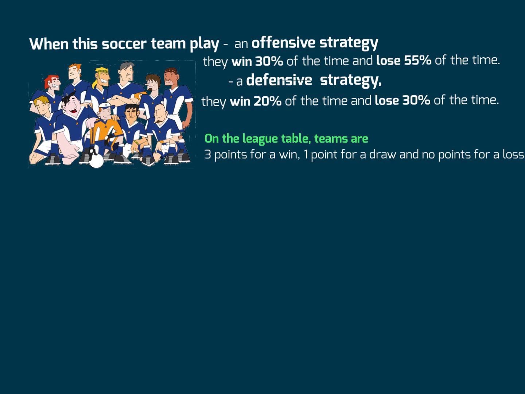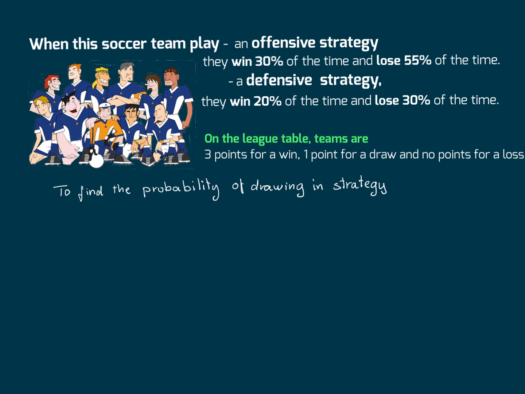When this soccer team plays an offensive strategy, they win 30% of the time and they lose 55% of the time. And when they play a defensive strategy, they win 20% of the time and they lose 30% of the time. Now, to find the probability that the team draws the match under each strategy, we can look at